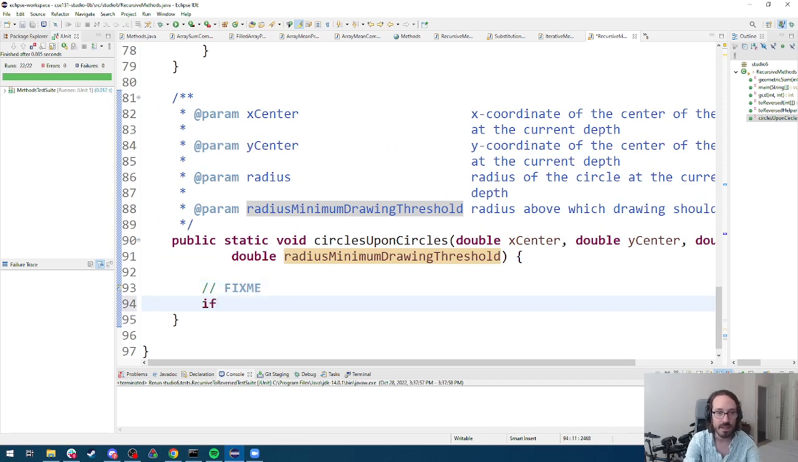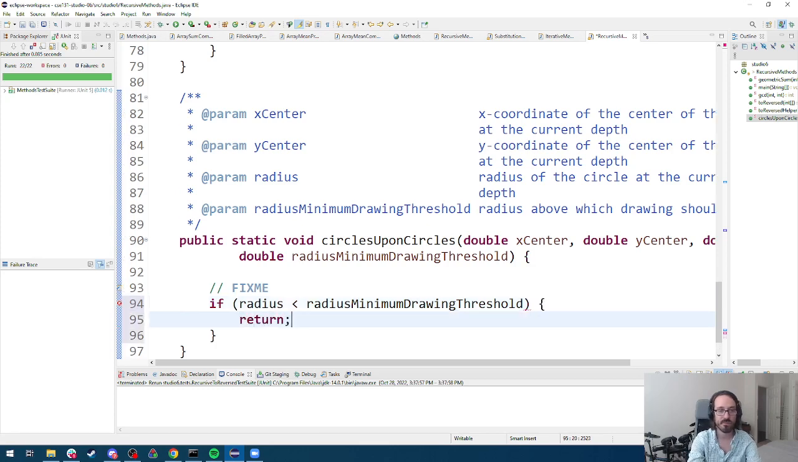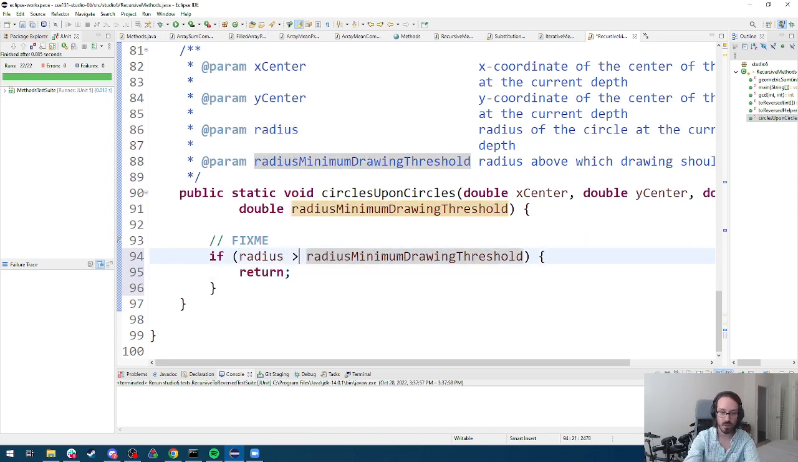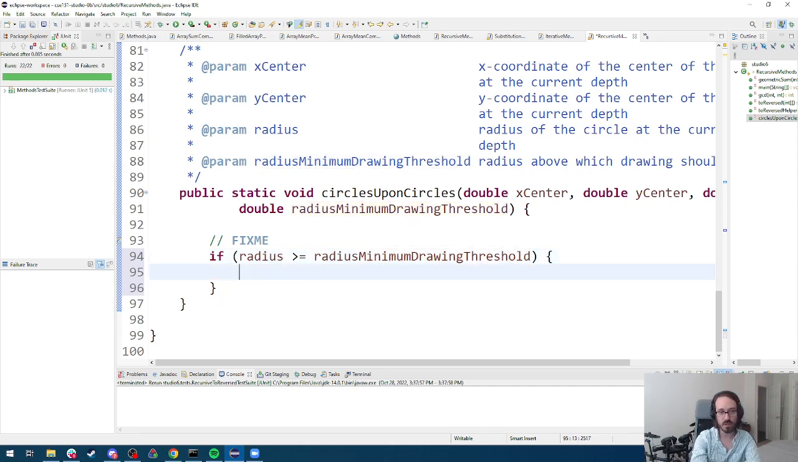So if the radius is less than the radius minimum drawing threshold, I'm just going to copy paste that, we're done. You actually don't even need to write it this way. You could also do it the other way. If the radius is greater than or equal to the threshold, then we don't need to return. We'll do our recursive work, right? Draw 4